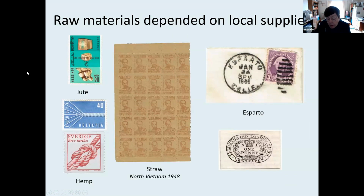Until the late 18th century, all Western paper was made from linen or cotton, but as I've said, increasing demand for paper meant shortages of raw materials, and experiments were made with alternative materials. But the aim really was to find cheaper, more abundant substances. The demand was for speed and low cost rather than quality. So if we look at some of these examples,